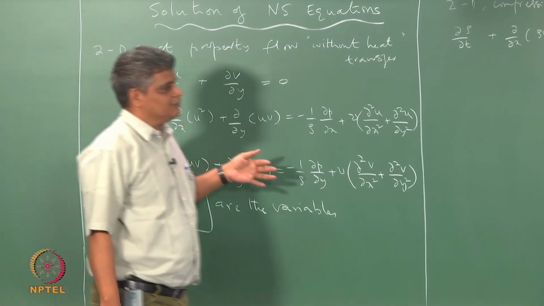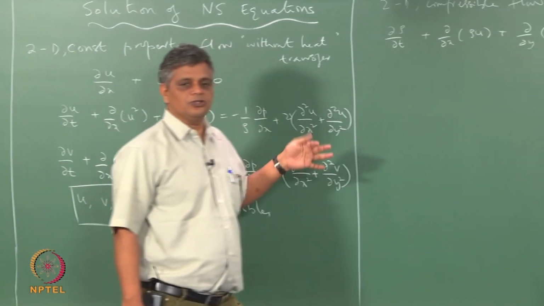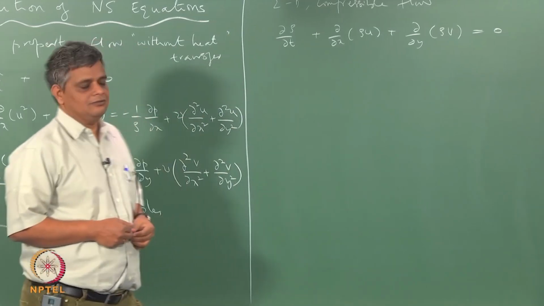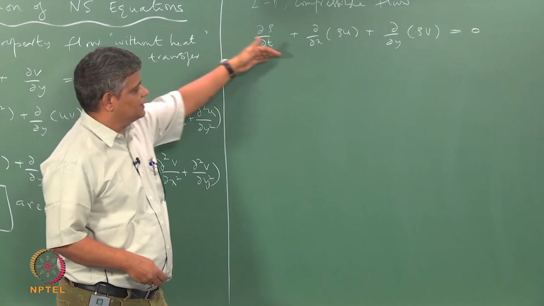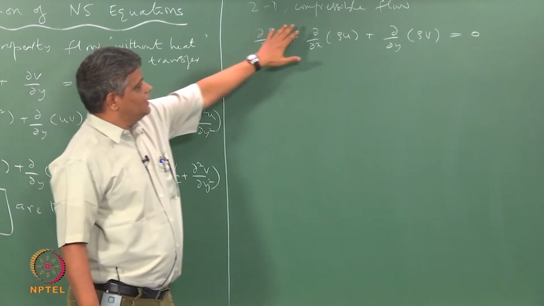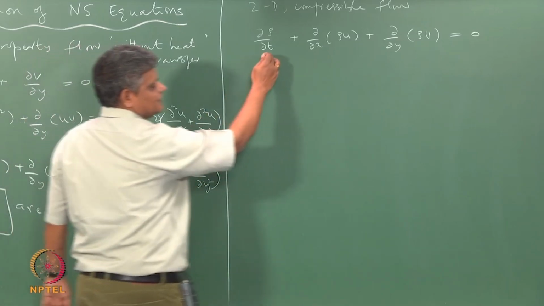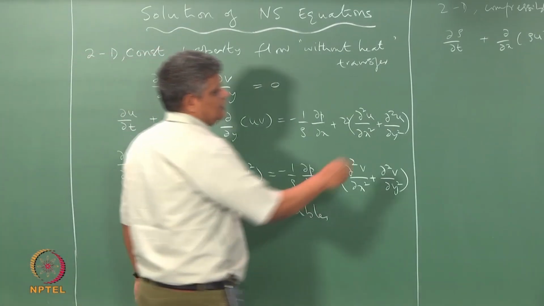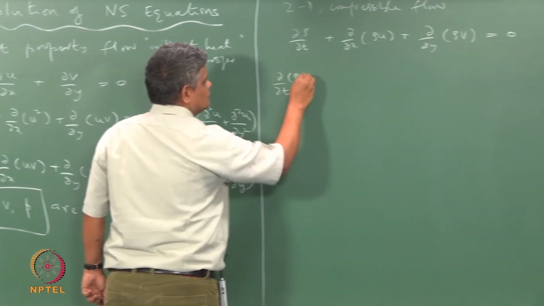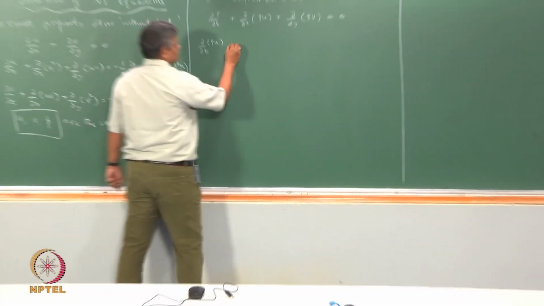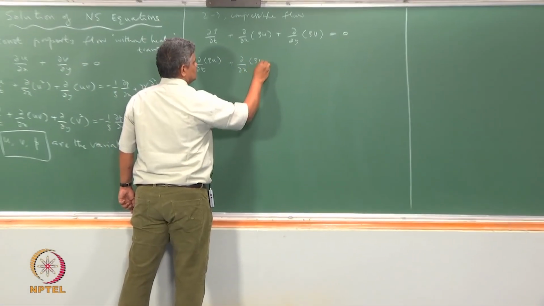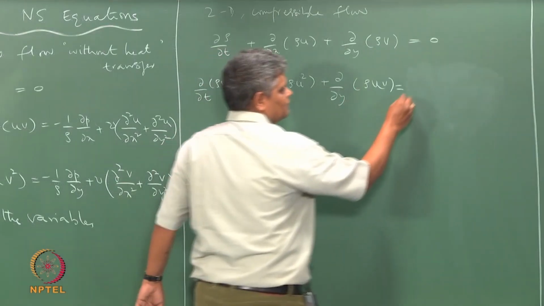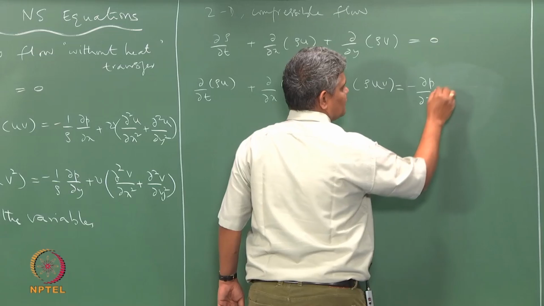So that is a 2-dimensional flow. 2-dimensional, 3-dimensional or even 1-dimensional flow is related to the flow geometry, and you can imagine certain geometric cases where you can have 2-dimensional flow. For those cases we are writing down the corresponding equations assuming compressible flow. Therefore, density changes and we have to write a more involved continuity equation, and the x momentum conservation equation also involves density variations: dou by dou x of rho u square plus dou by dou y of rho uv equal to minus dou p by dou x plus